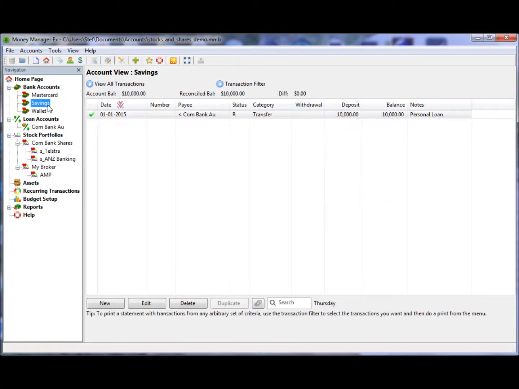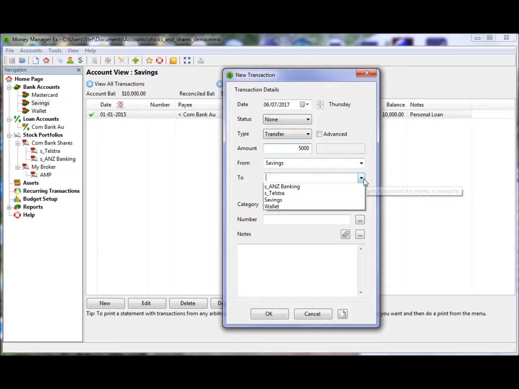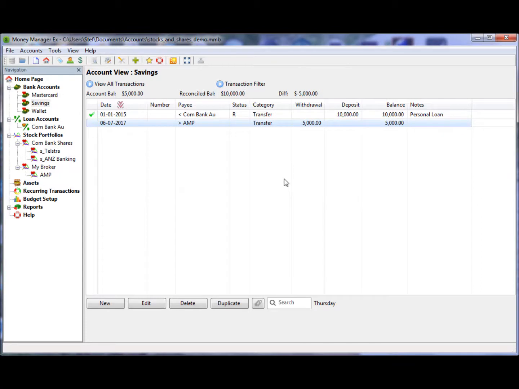This makes it really good because we can say that, okay, the money came from somewhere. So we'll transfer some money, new, go transfer from, we'll say $5,000 from savings to our AMP account. Transfer,